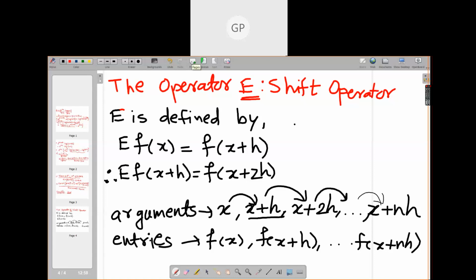Now, in case of delta and del, we have seen how repeatedly we can apply them: first forward difference, second forward difference, third forward difference, and so on. Similarly, the shift operator can be operated as many times as you have points. You can operate it n times. Furthermore, it may become 0, but as you have n plus 1 values, you can apply it n times. Can we go further?